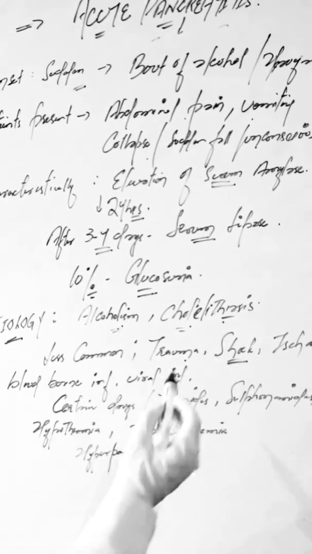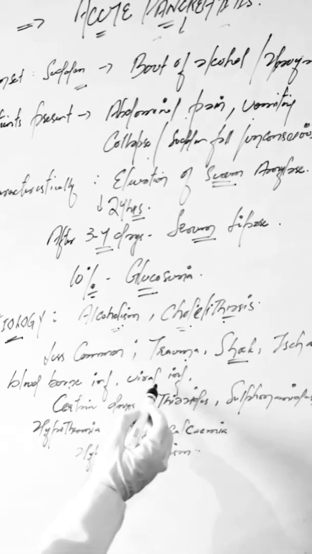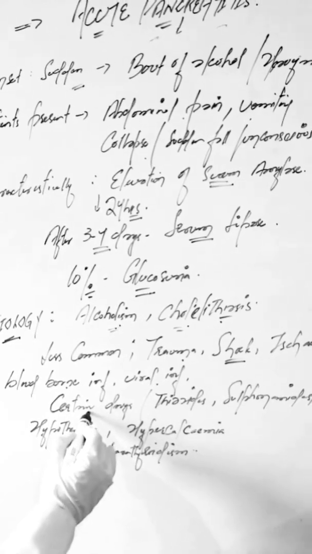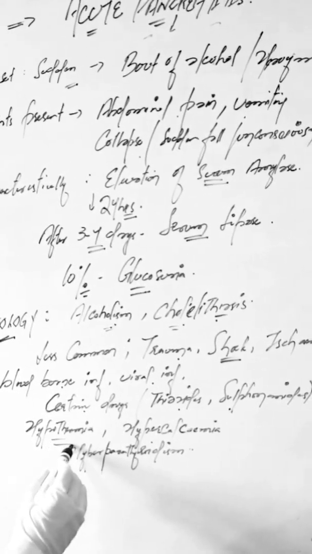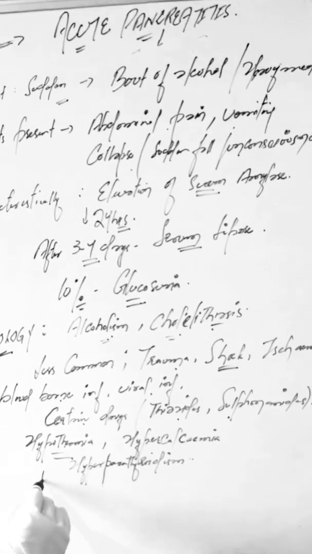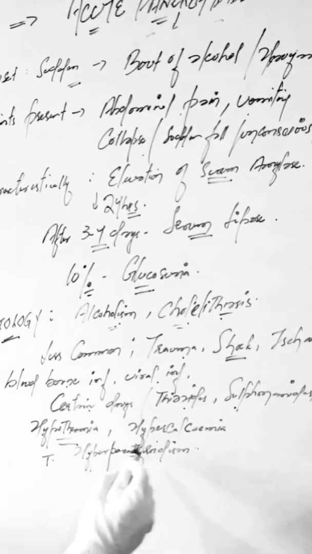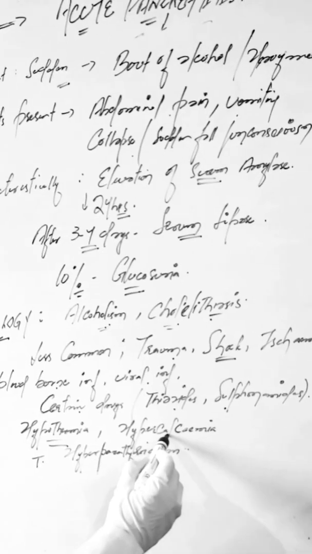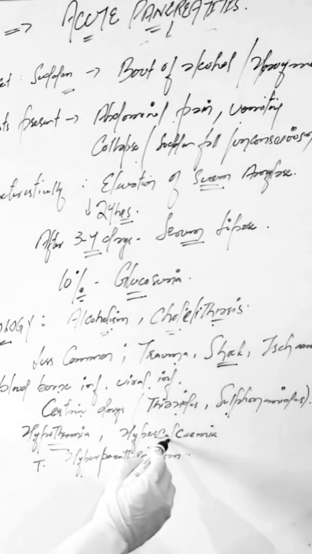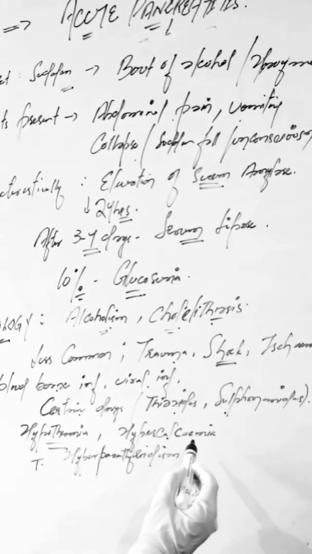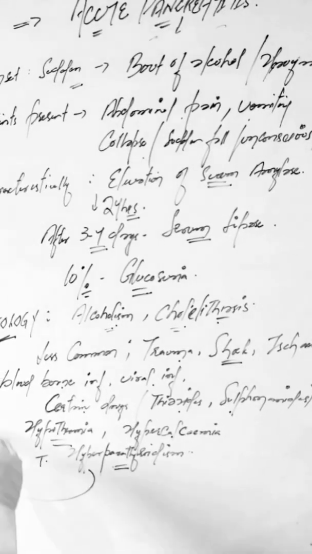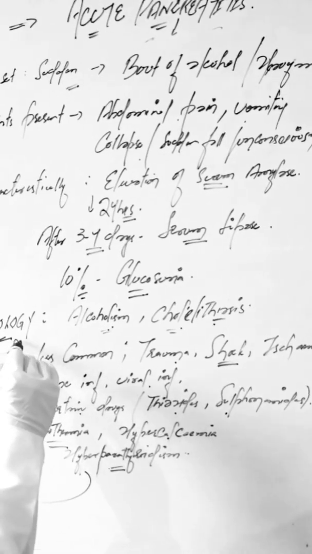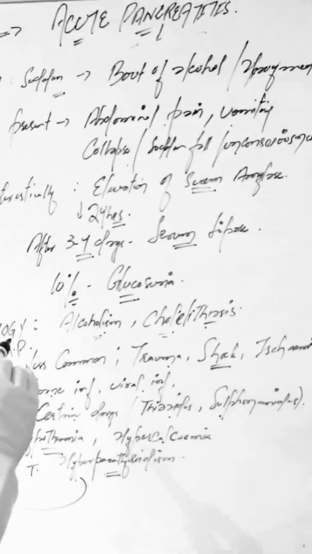These are the less common causes, and also blood-borne infection, viral infection, and certain drugs like thiazides, sulfonamides. Hypothermia. Hypothermia is a significant drop in the body temperature. Okay, now what's hypercalcemia? We can say it's the increased level of calcium in the blood. And hyperparathyroidism. These are the less common causes of what? Of acute pancreatitis. Okay,